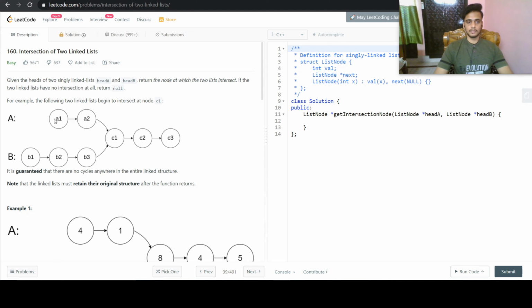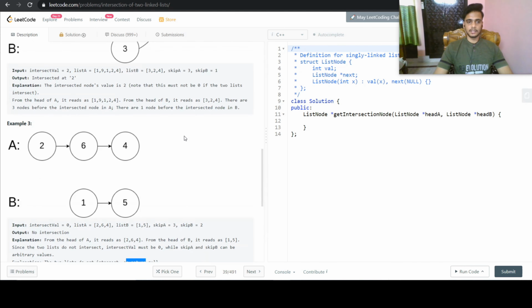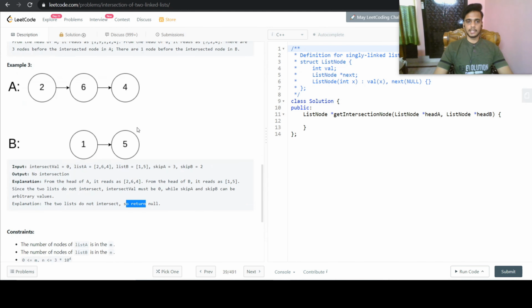One null will occur for the first linked list, and another null for the second linked list. And if the null counter becomes more than 2, then it means there is no intersection point. So that is the case where we will exit and return null.